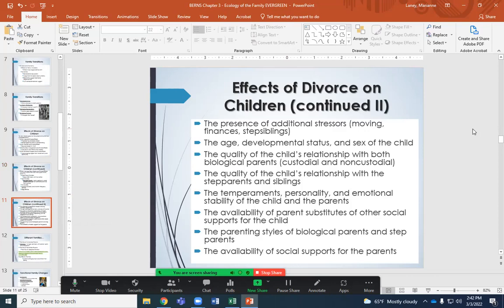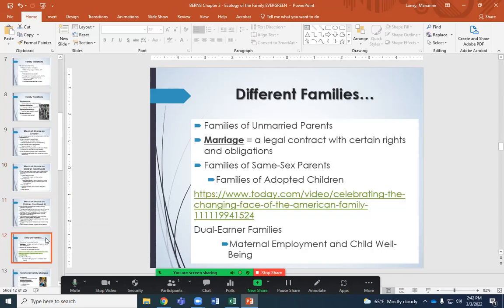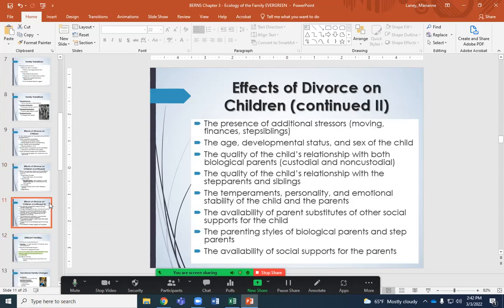So again, big section of the chapter about divorce on children. I'm not going to read all the words to you, but again, the bottom line is be supportive of the child. It's really not about the adult. If you created a child and you brought a child into this world, the responsibility of an adult, whether you're still married, is to